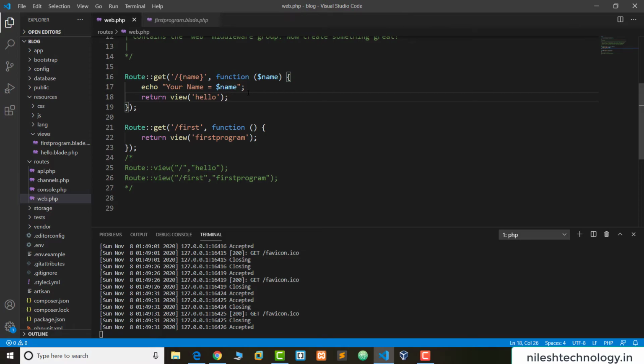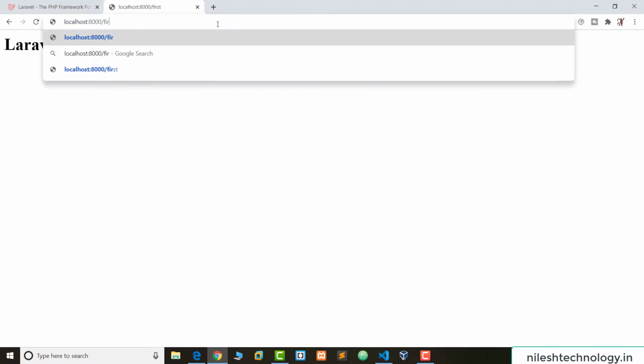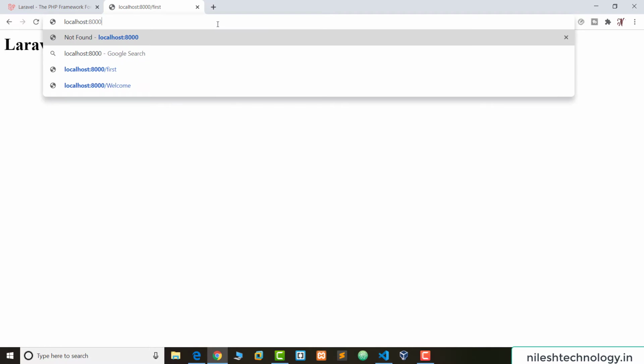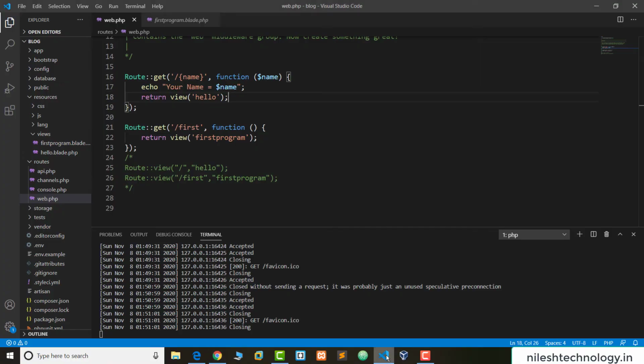So save these changes, go to here, and when we run the program without a parameter, then see this is the not found error, because here we are using a slash with name.